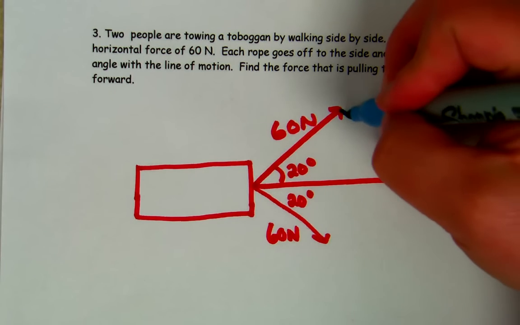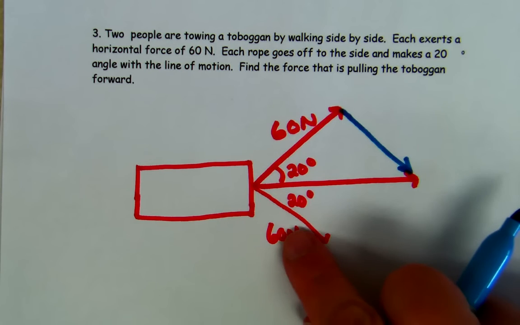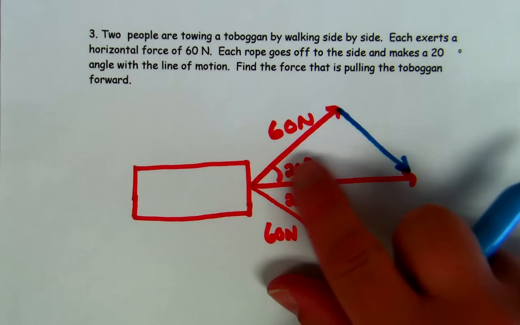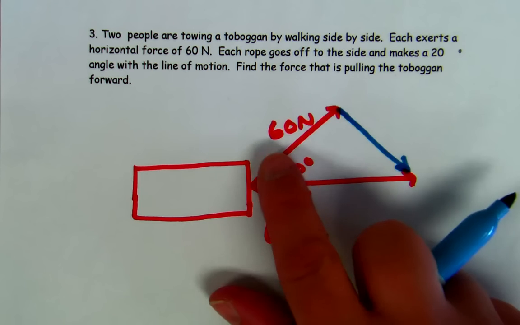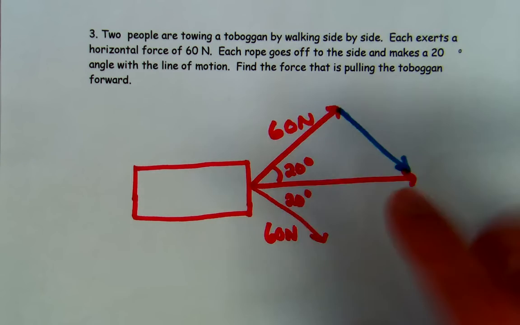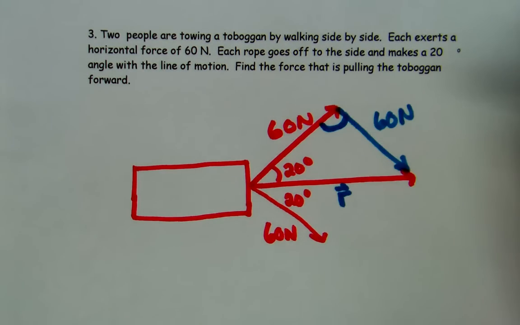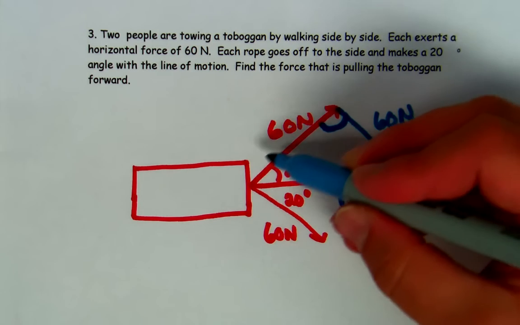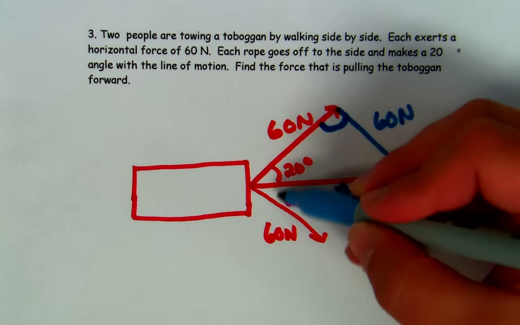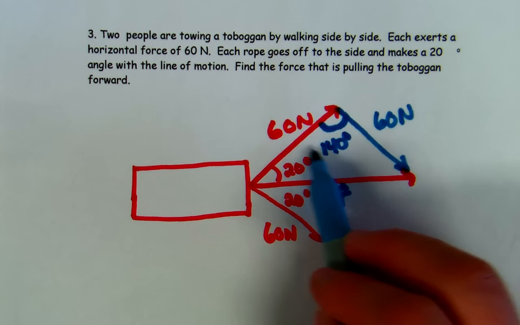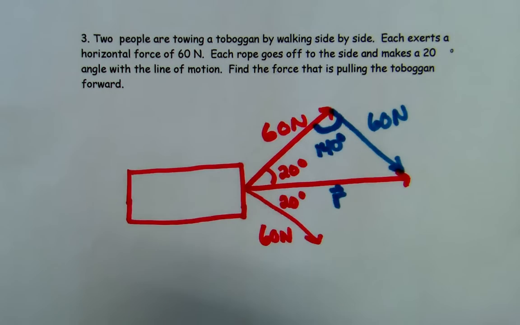So I'm going to use the triangle inequality, and I'm going to take this one and move it up there. So now I've created a triangle. It goes tip to tail, and then my resultant goes from the beginning to the end. So again, that's 60 newtons. That's my resultant. I want this angle. Well, here's half of my parallelogram. There's 40 degrees there, so that leaves 140 degrees in between my two forces, and I'm going to apply cosine